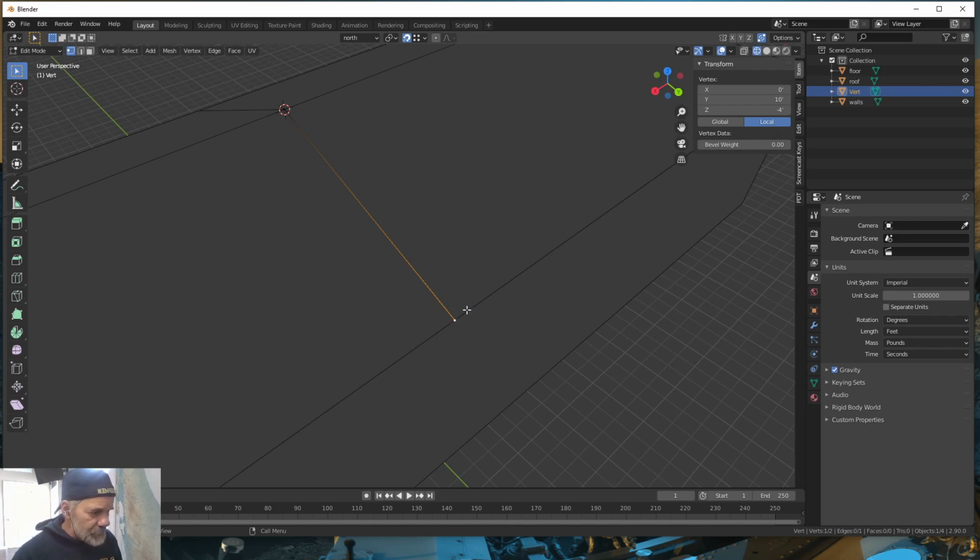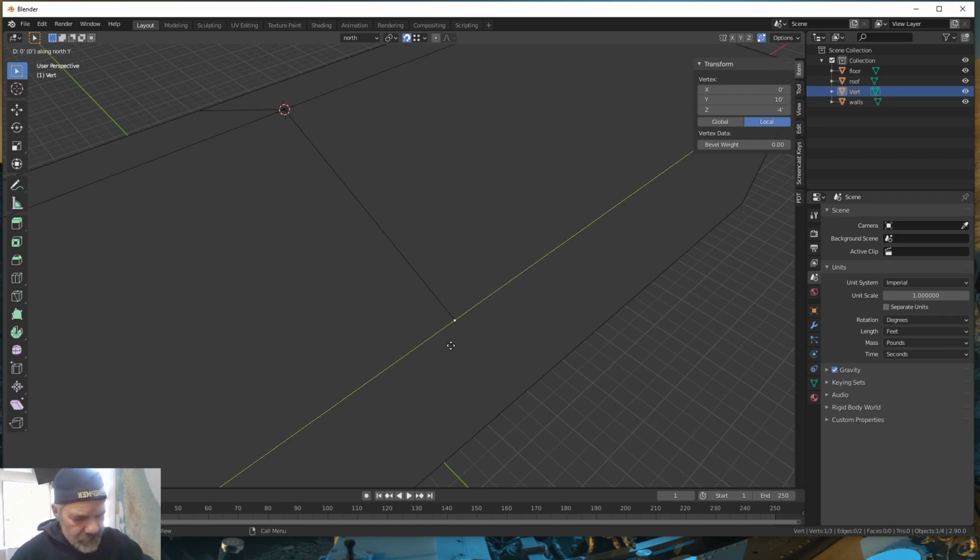Now I need to go this way. This is the Y direction. And we need the thickness of our rib. And I'm going to make our rib 1 inch wide, so that's 0.083. Okay, so with this vertice, I'm going to go E for extrude, go in the Y direction, 0.08, oops, it's negative. Oh, yeah,